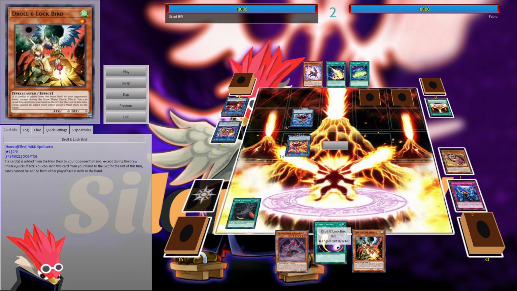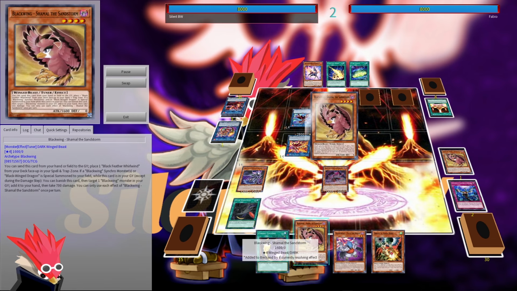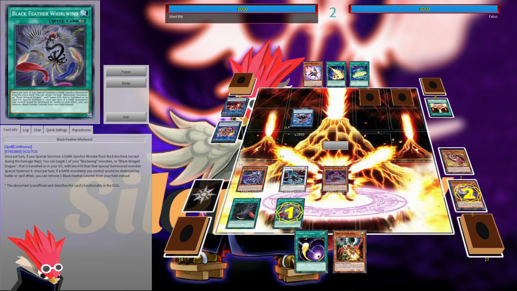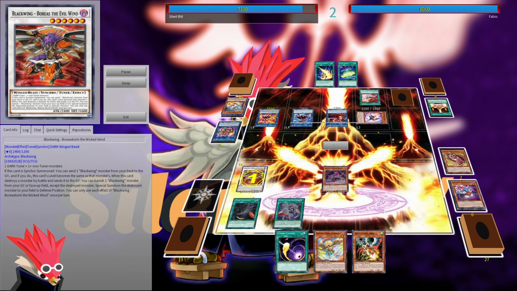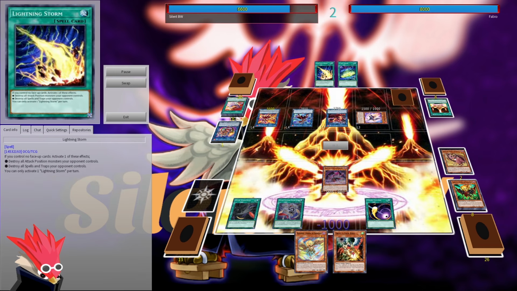So we get the Sudbury here, we summon it. Getting Vata and Shamal. Black Feather Whirlwind. Blackwings Dragon. Yep, so the Princess activates. We get Chinook back. Gazelle activates, so we're going to go for Boreas. Now he activates the Salamangreat Charge. And now our